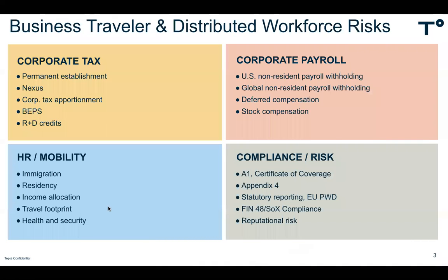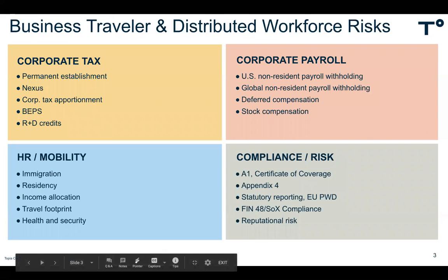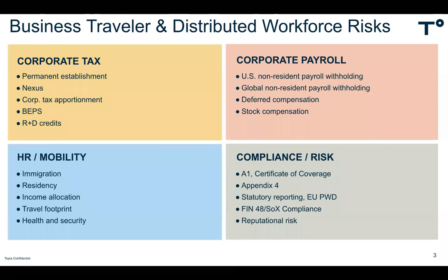So we know too well that the global compliance landscape for business travelers and our new pattern of distributed workers is littered with compliance regulations, which vary in complexity depending on the unique requirements of particular jurisdictions and the specific individuals that are undertaking some travel. The business travelers and distributed workers can create compliance risk in any or even all of these 4 high-level categories of risk, whether that is corporate tax, potentially through, for example, creating permanent establishment exposure,